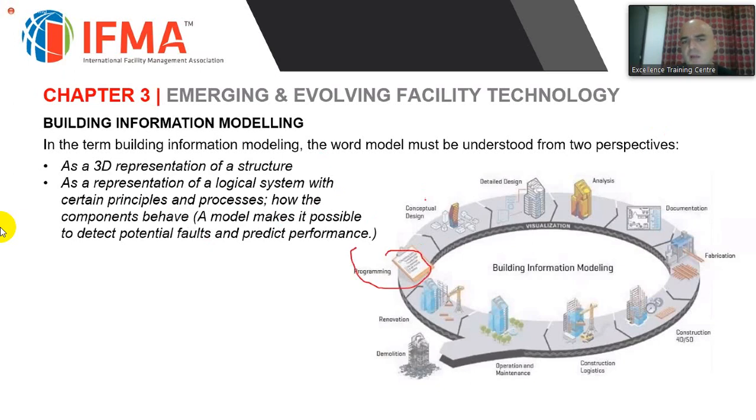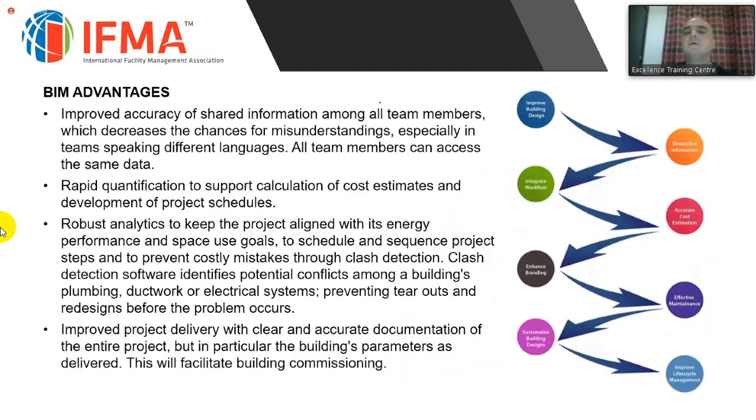It goes with programming, conceptual design, detailed analysis, documentation, and all of the model is monitored and controlled as we move on. So the changes, let's say after operation, I decided to add one room, a guard room, or I decided to add a new shop or whatever. So I go and model it on the system in real time, and I will have updated